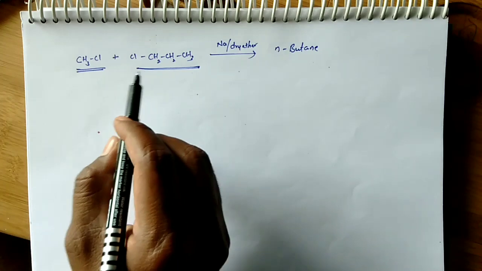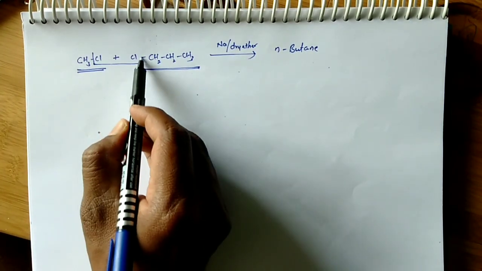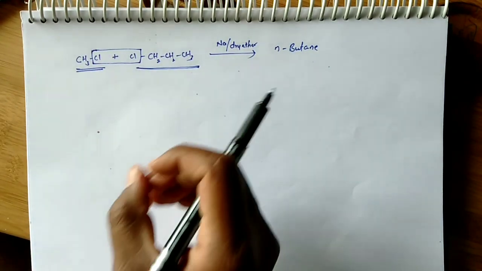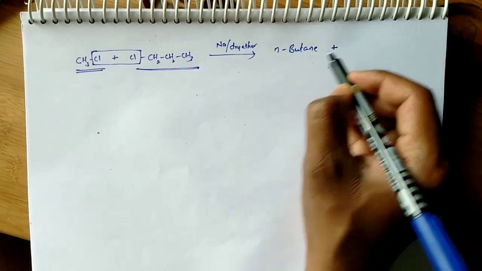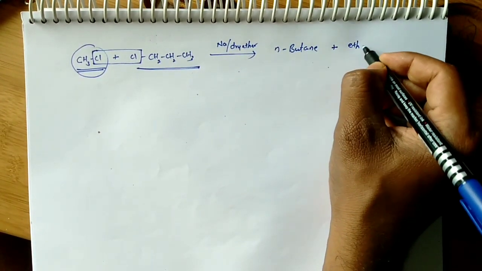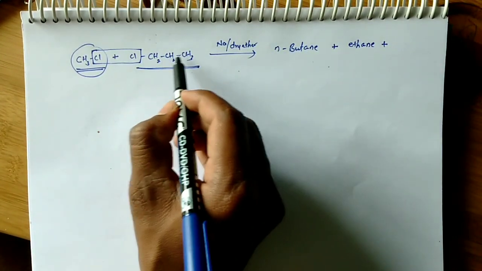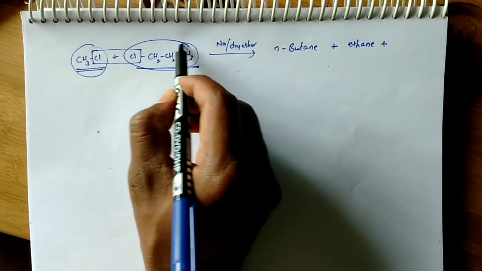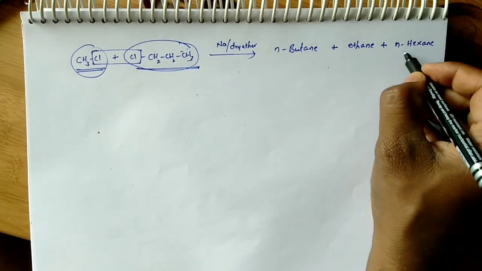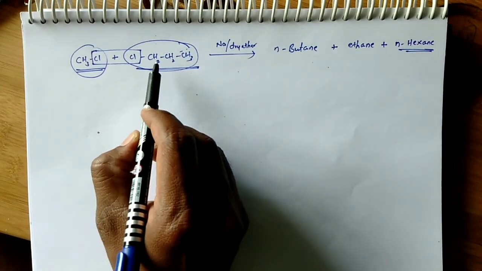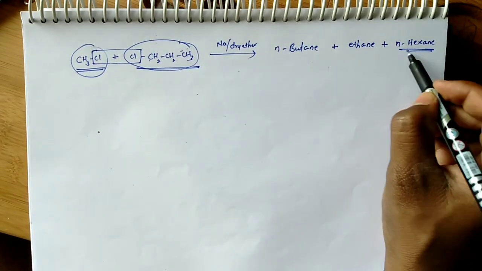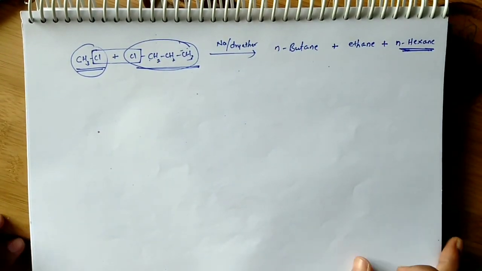So we just remove these two chlorines and combine this methyl group with the propyl chain. This is the way to write the product butane. Suppose two methyl groups are involved, then we'll get ethane, simply it is ethane. On condensation of two molecules of propyl chloride, we'll get n-hexane, normal hexane. This is the propyl chain. You just attach one more propyl chain to this carbon, then the product will be n-hexane.